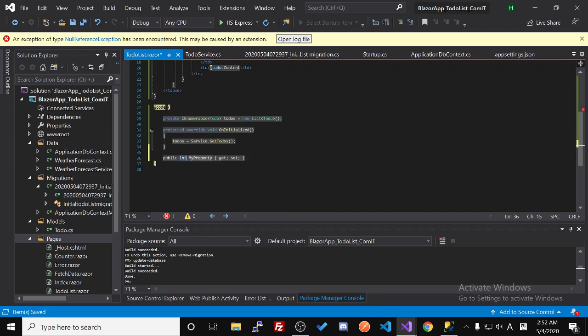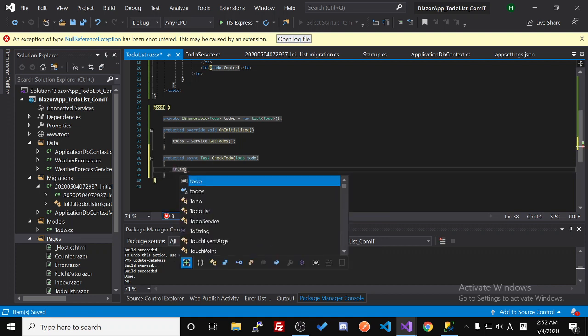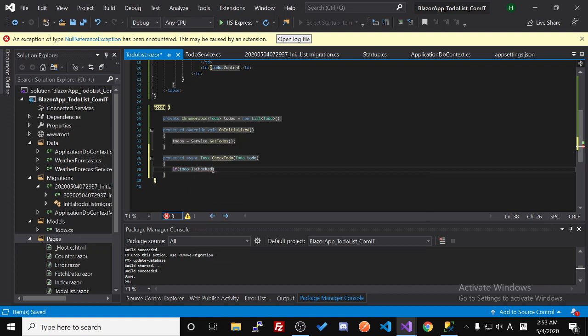Protected async task check ToDo. We will bring the ToDo object if the ToDo is checked. Should it be false, right? The default value should be false. So var update ToDo